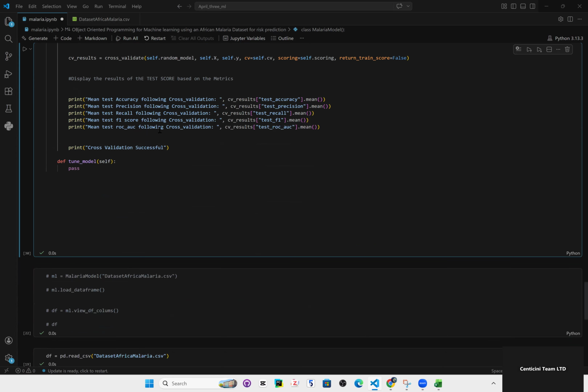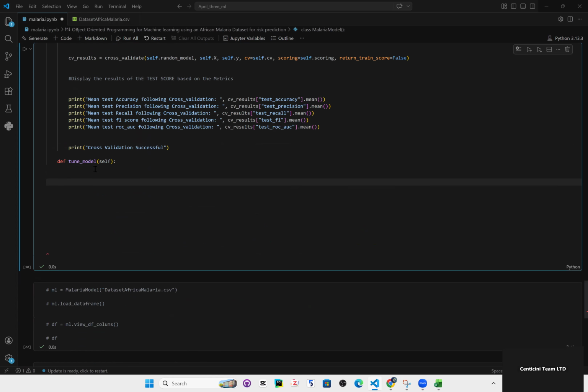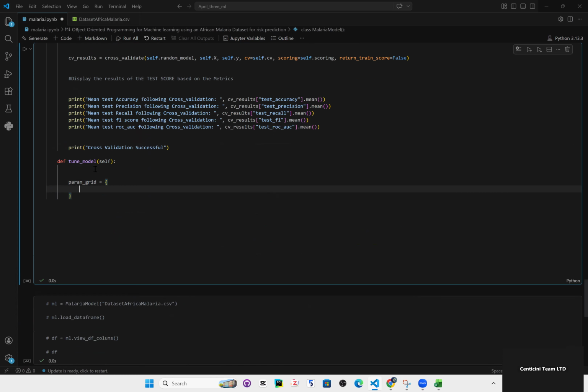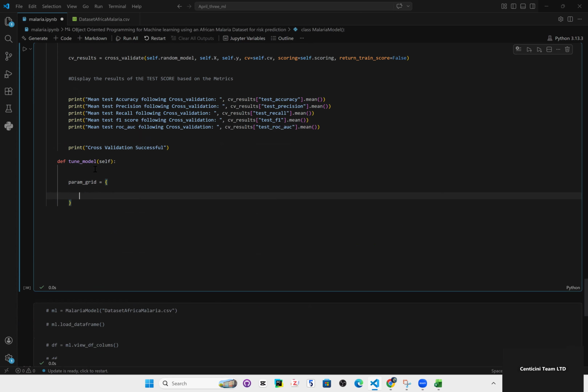So guys, that's the last thing I'm going to do now, which is to tune our model. That's not really difficult to do. So could I say param grid? So inside of param grid, we could say maybe classifier double underscore. The first parameter we need to have is